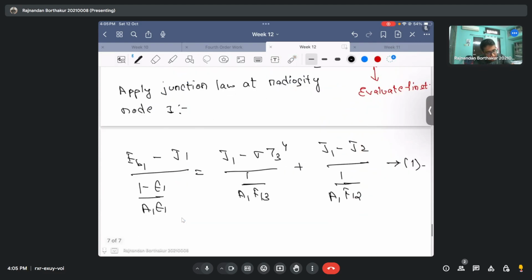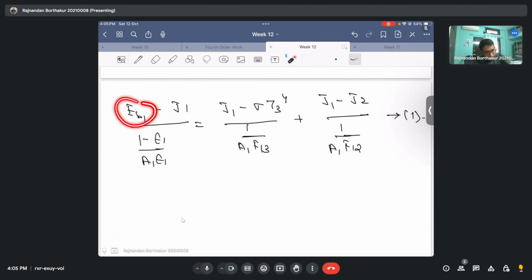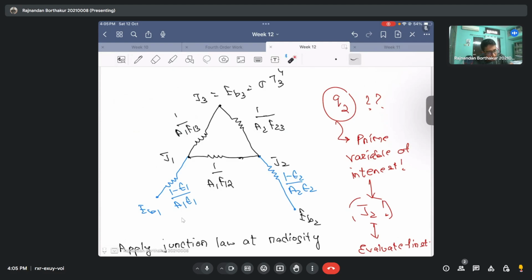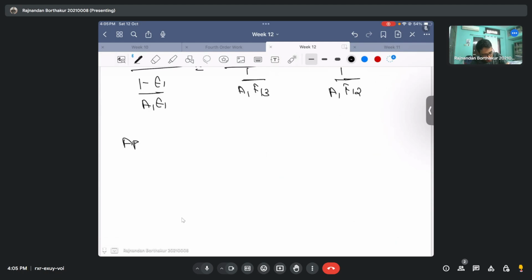Similarly, you can appreciate that in this equation, J1 and J2 are unknown, out of which we need to calculate J2 first. That's what we said here. EB1 and all these things are known because these are just properties. F13 we can find from the view factor analysis that we will see shortly. But the primary unknowns are J2 and J1, for which we require one more equation that we will get when we apply the junction law at the second radiosity node, that is at J2. What we will do is we'll now apply the junction law